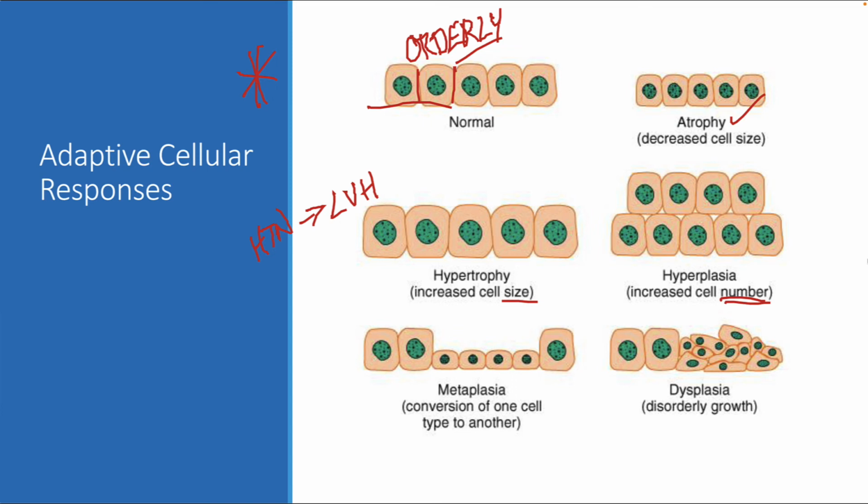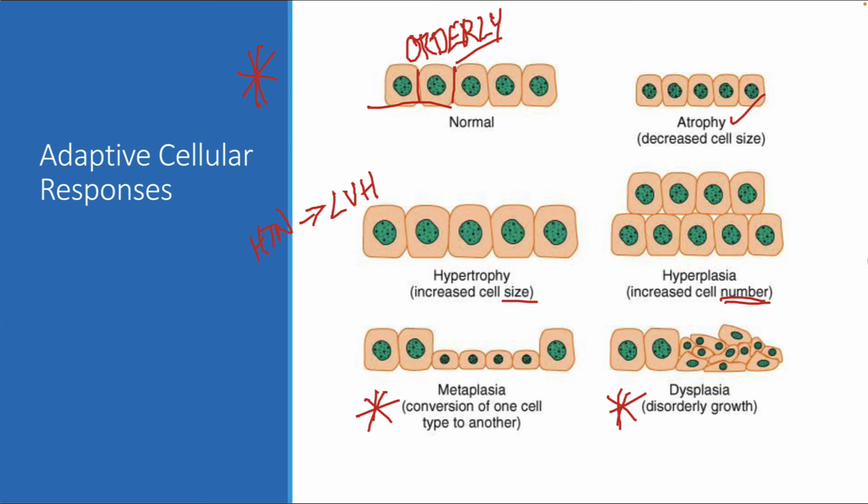So maybe an example of this would be a callus, for instance, where you have, now that would be a normal thing to have happen. That's a normal response, but it's an adaptive cellular response because of constant pressure or friction or something like that. The things that we get concerned about are these two in particular. Metaplasia, which is conversion of one cell type to another. So for instance, the distal esophagus has columnar epithelial cells,